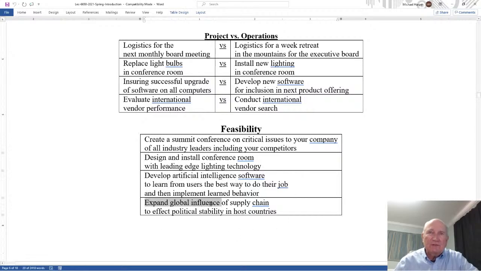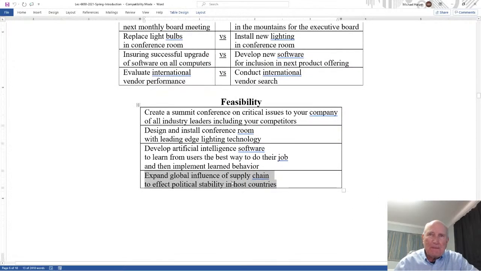Expand global influence of supply chain to effect political stability in host countries. That is a very aggressive and laudable type of project. But can that be done? Is it possible? So this may not be a project as much as a mandate or a vision. Okay, and so a project is something that starts and stops. You've achieved it. You have a deliverable. Will this deliverable ever be met? Political stability in host countries. Well, maybe